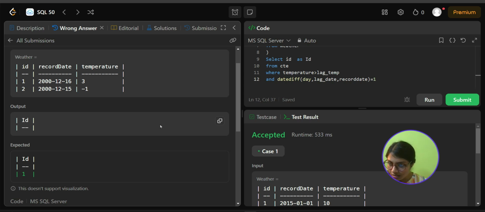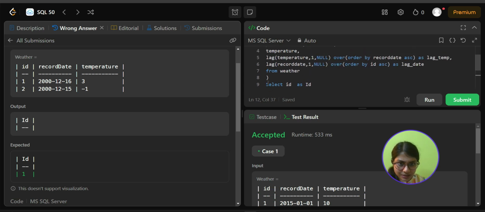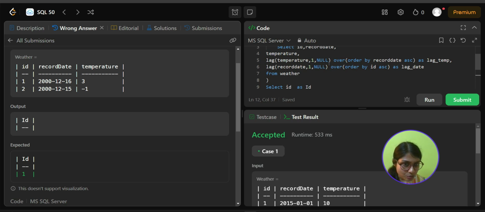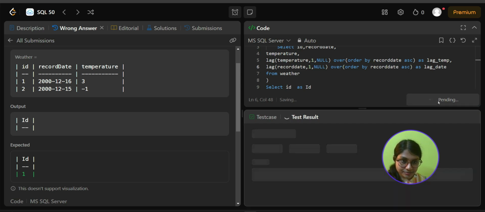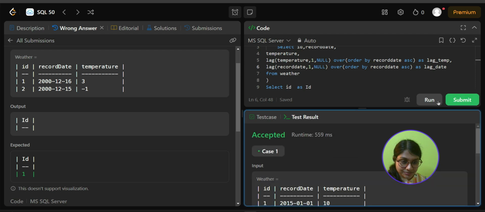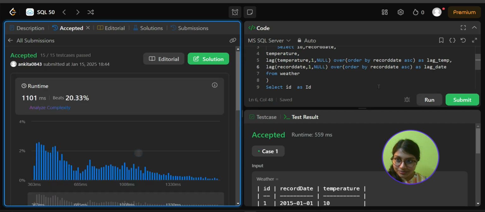Weather is 15 and 16. Okay. Yesterday. And in ascending order, right? That's what I've taken. Lag temperature 1, lag record date 1, over order by ID. Okay. To order by record date itself. Let's see if it runs. Yep, it is